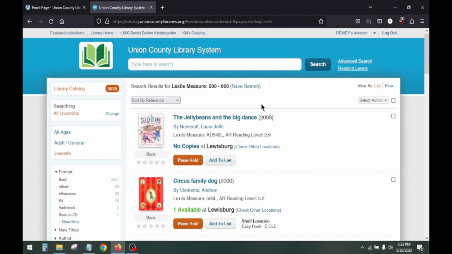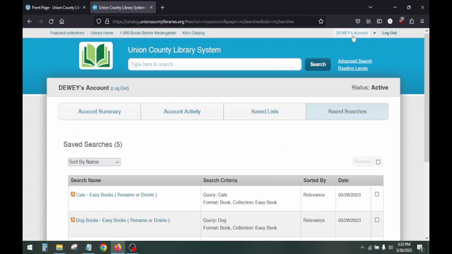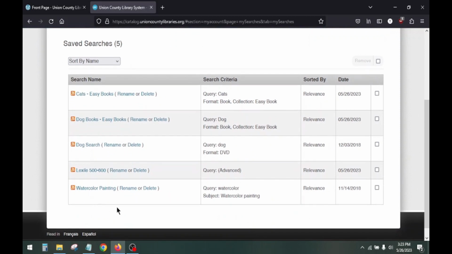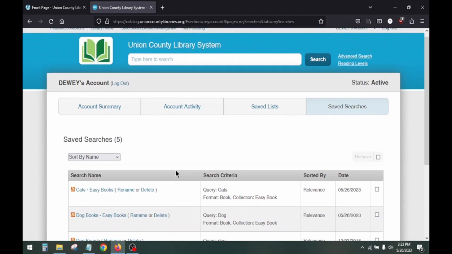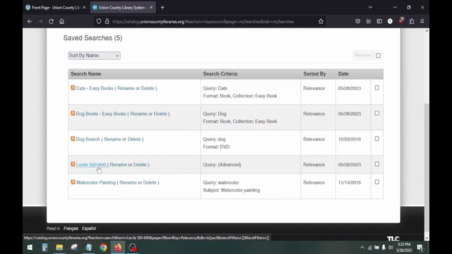To save this search result, I can click Save Search and name this Lexile 500 to 600. And then save. Now, if my child wanted to see a book that was at a Lexile reading level between 500 and 600, I go back to my account to save searches and click on Lexile 500 to 600,